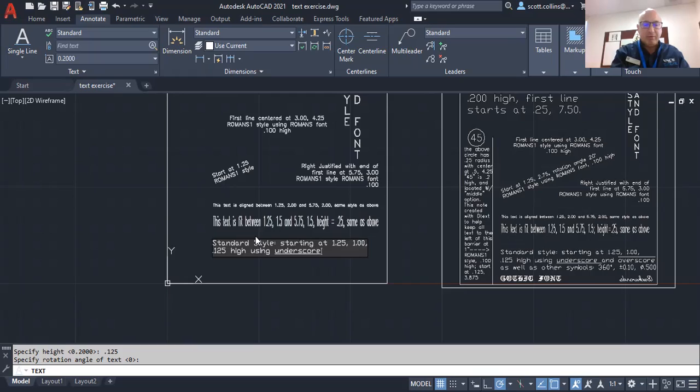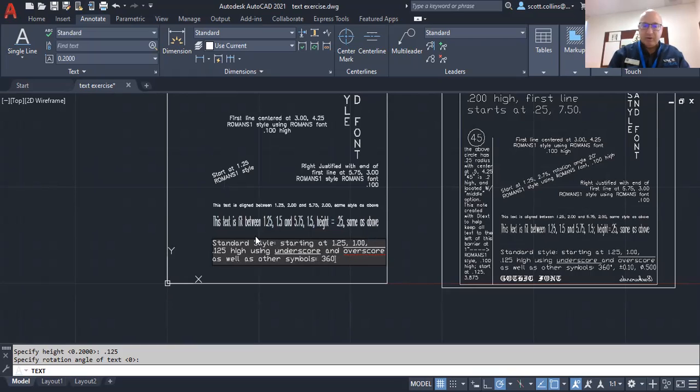To turn it off, type %%U again. And %%O for overscore. %%O to turn it off again, as well as other symbols,